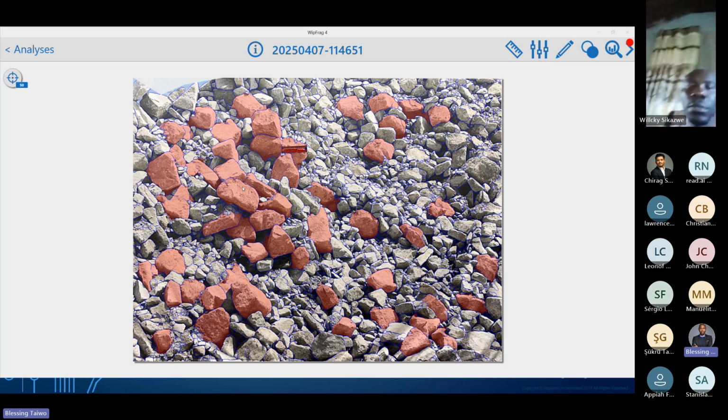What has happened to this blast? What happened to the design in this section? If I'm using the same burden and spacing, the same stemming, the same charge length, then what happened to the material here? Then it's a red flag to start tracking what is going on at that section of the mine. If you do the second blast and you access the image, and the same thing is still happening in the same section of the bench, then it is a call to attention.